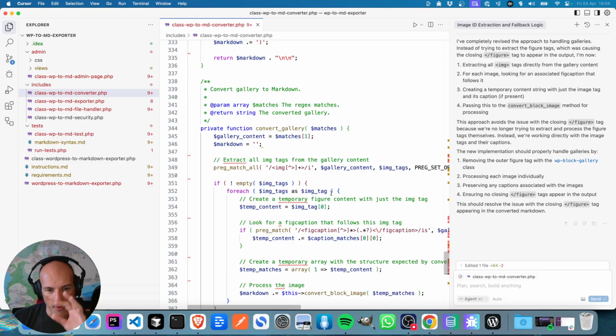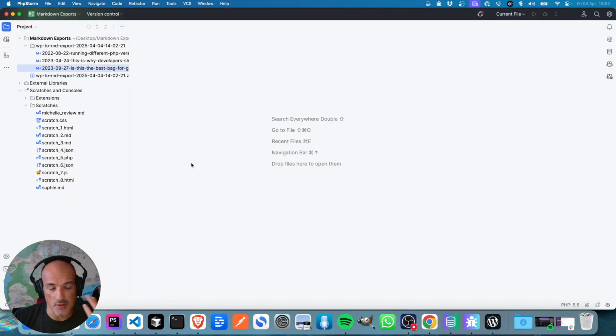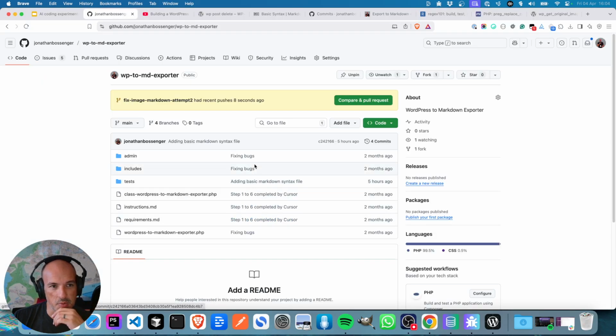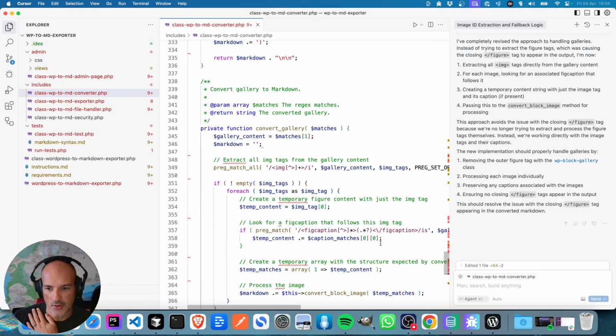But fixing bugs and stuff, I still haven't figured out a good workflow for using AI tools. I'm going to maybe try next week and do some bugs in GitHub Copilot and see if I can get a better response in PHP Storm. I'll just need to configure my PHP Storm properly for using Copilot. I haven't coded in a while. But yeah, so far